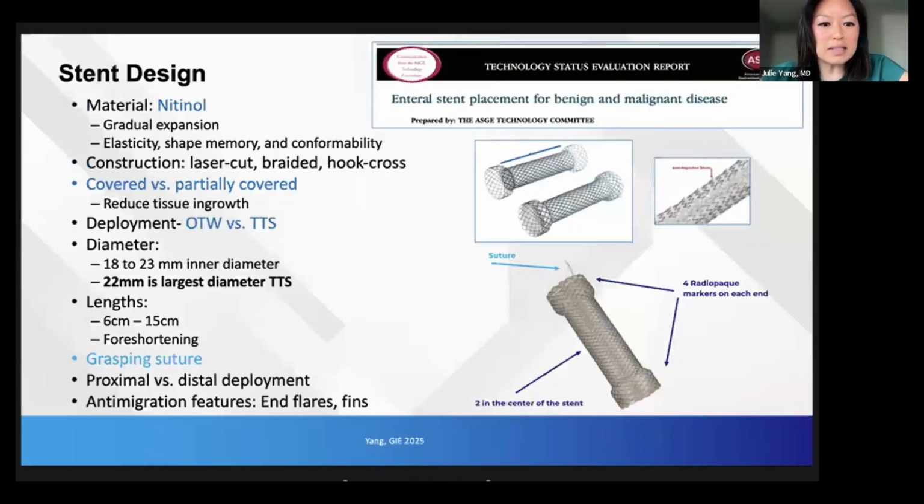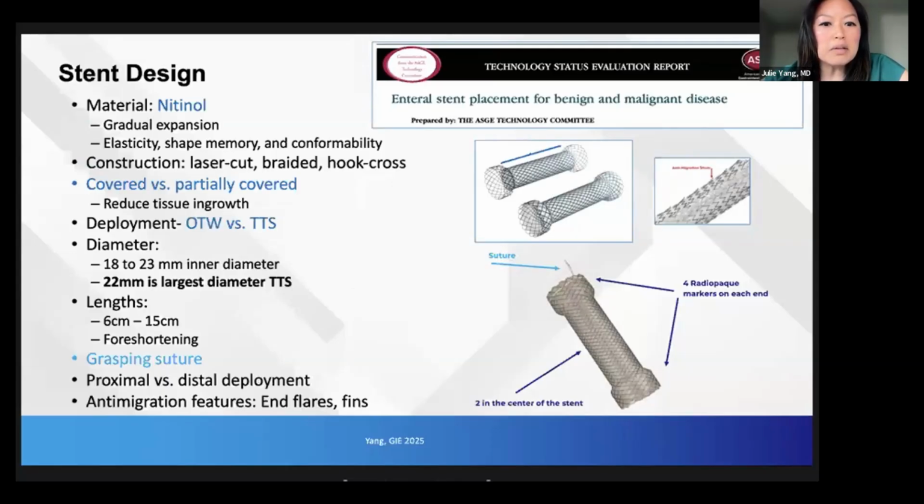Talking about stent design, it's a lot about the details of the stent design, and there are a lot of little nuances and iterations. I'm going to refer you to our ASGE document that came out last year talking about enteral stents in benign and malignant disease. There's a table in that paper that really goes through all the different types of stents on the market and all the details, if you'd be interested in knowing, that you can